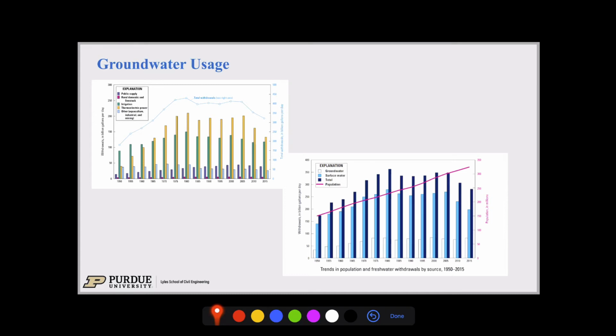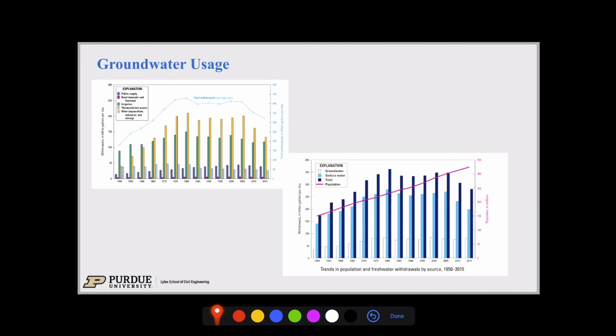Maybe surprisingly for some, the next up is the public supply, so the water we really use in our cities for our own drinking water and hygiene, and the water we use in our homes, is actually very much smaller than the water we use for food production. So that's something to keep in mind. Even though a lot of water engineering goes into distribution systems and wastewater treatment plants, really the total amount of water we consume is mostly for irrigation.